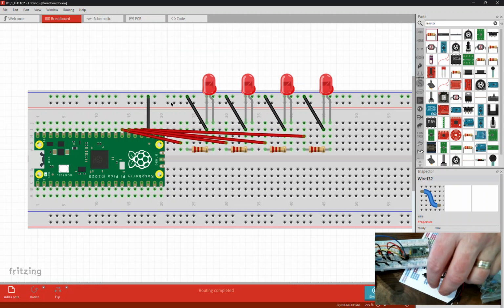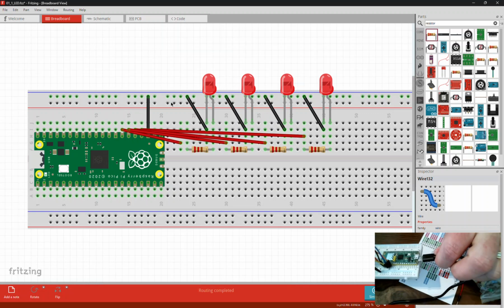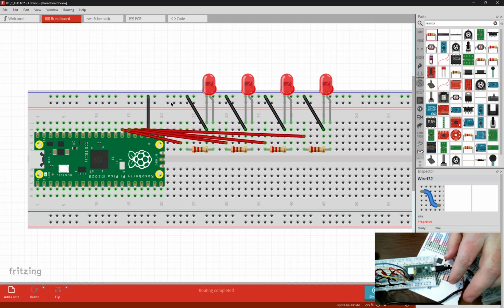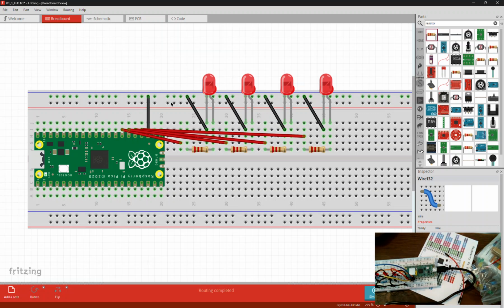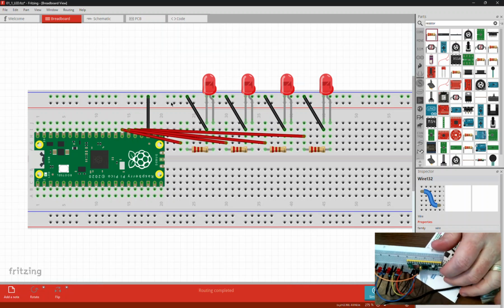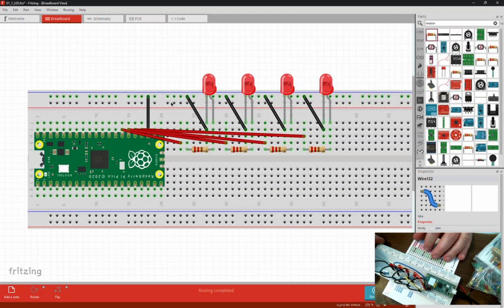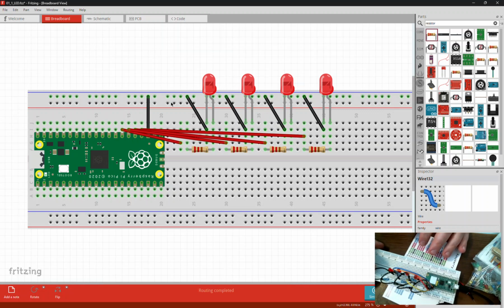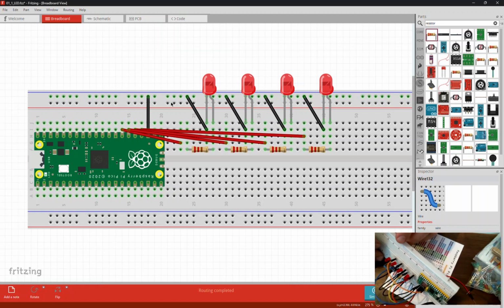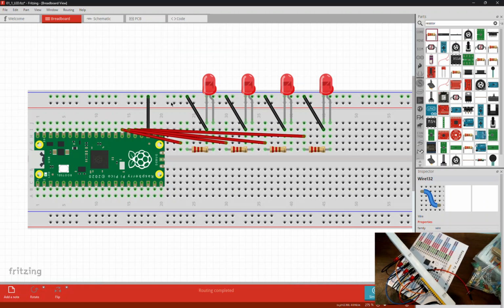All right. So if we plug this in, hopefully nothing should happen in this case because we don't have any outputs going to any of our LEDs. Again, too many things going on. Okay. So now we will